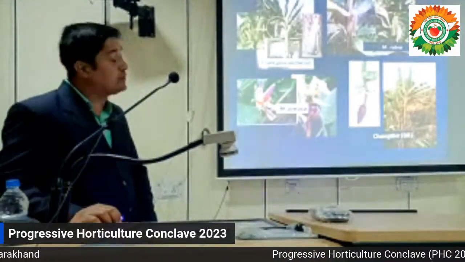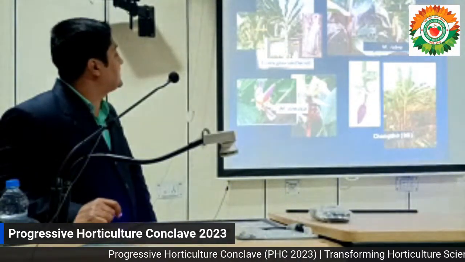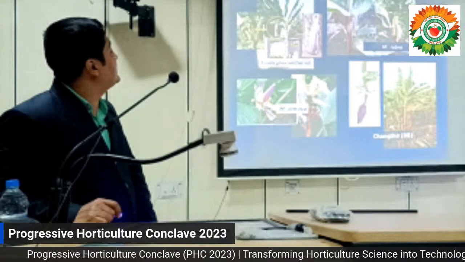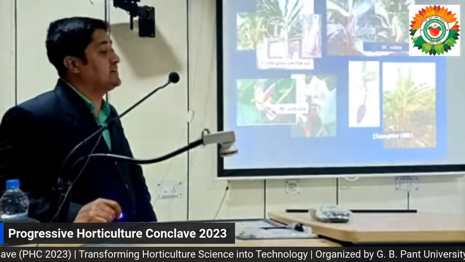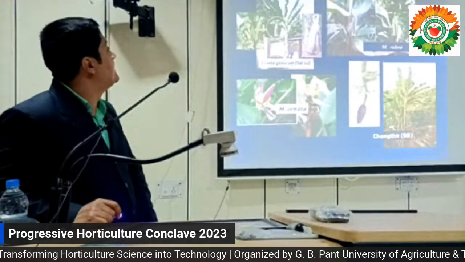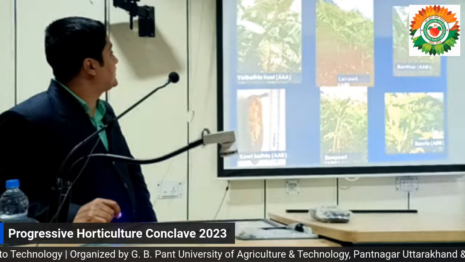In addition to the commercial bananas, a number of wild bananas are there, like Musa ornata, which is basically an ornamental banana. Then Ensete glaucum, which is a related genus. It belongs to the genus related to Musa, that is Ensete. So these are some of the wild bananas of the northeastern region.